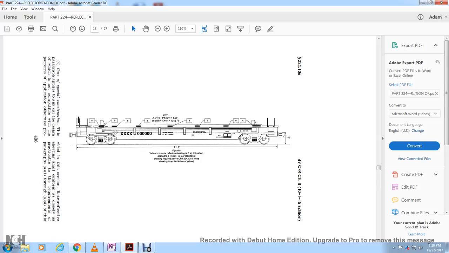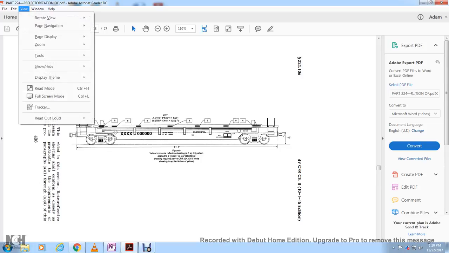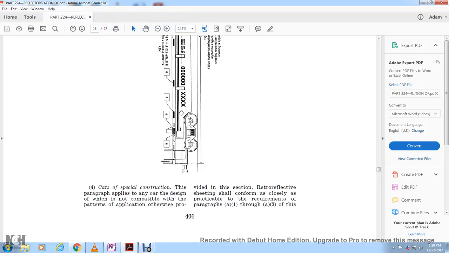Our figure 8 shows the yellow horizontal and vertical sheeting in the pattern applied with the typical flat guard. Additional sheeting shall be required with Title 49 224.105, with white sheeting applied in lieu of yellow. And then it says, car special construction paragraph applied for the car design which is compatible with the pattern's application,